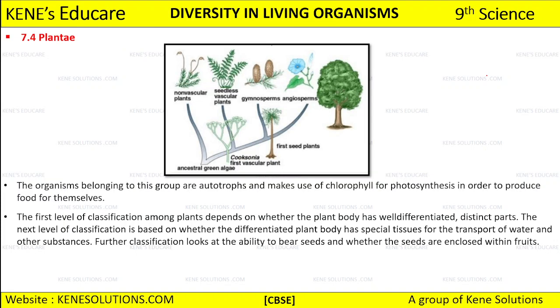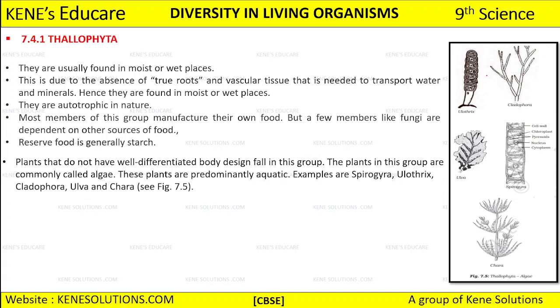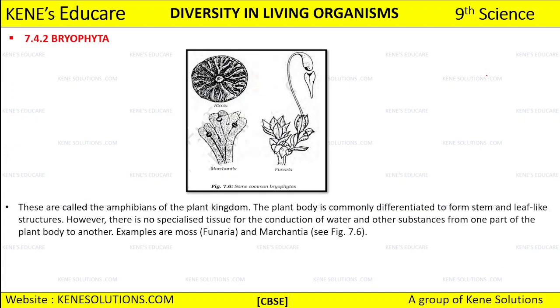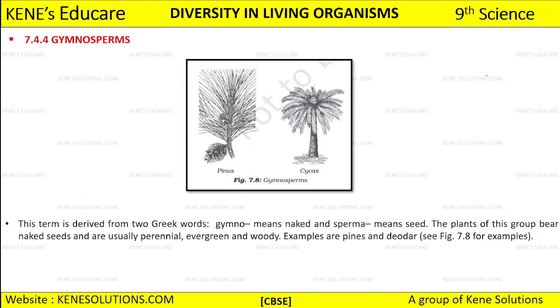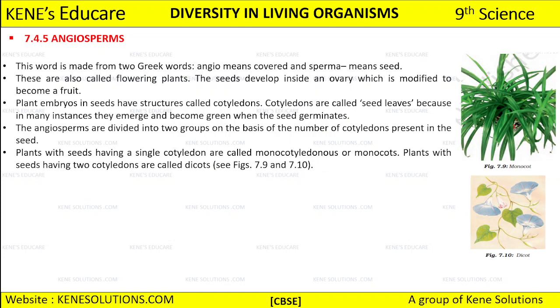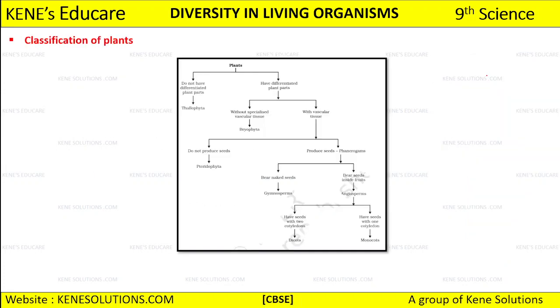After that, we have kingdom Plantae in detail. You can say we are going to discuss kingdom Plantae. So kingdom Plantae has five main divisions that we are going to discuss. We have Thallophyta, then secondly Bryophyta, after that Pteridophyta, the fourth one is Gymnosperms, and the fifth one is Angiosperms. So these are the five different divisions which come under kingdom Plantae. Okay, and this is the chart that you need to go over before we start. So when I start with kingdom Plantae, first we will discuss this chart, and after that we will study all the characteristics one by one, so that you get the idea of how you have to study.